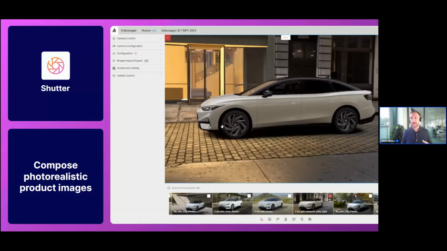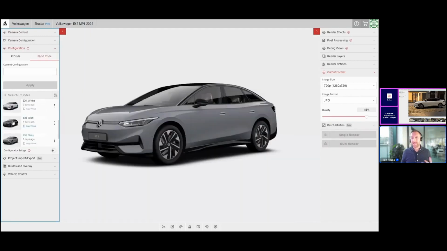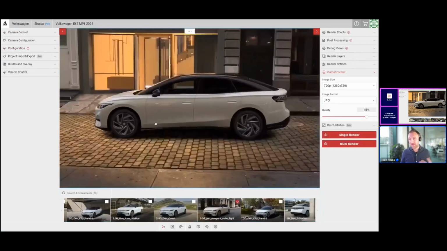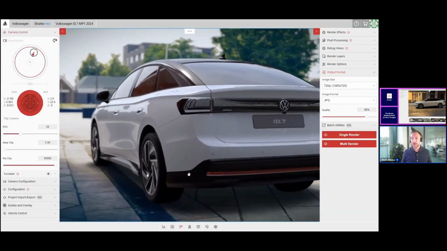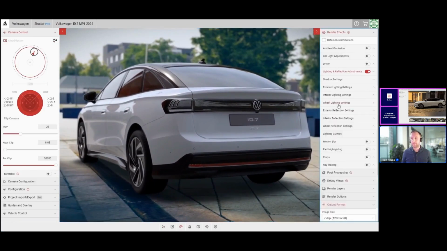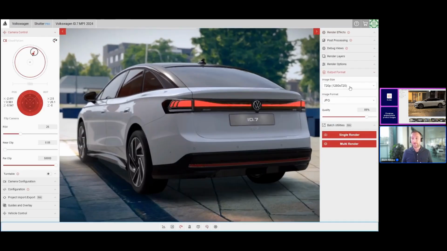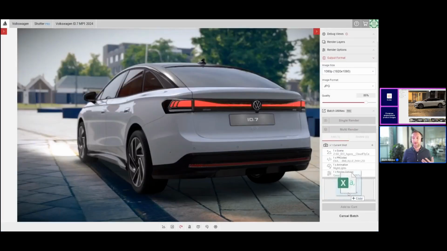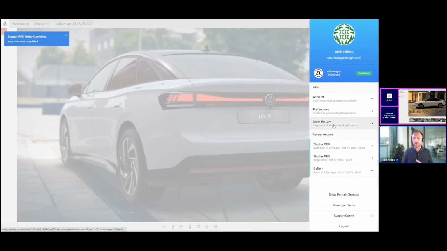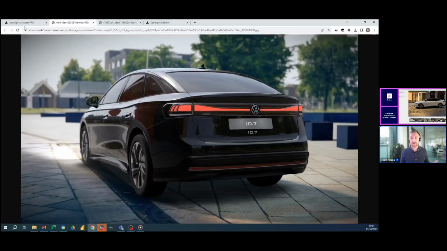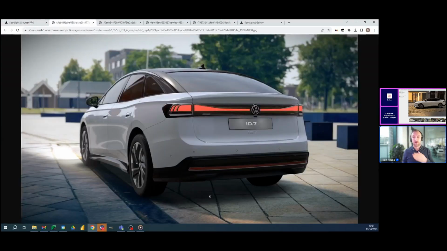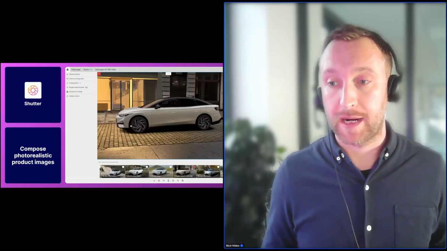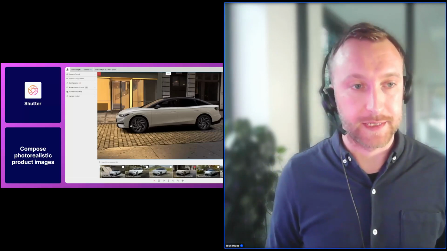So we're just going to have a recap now if we have a look at this. This is exactly the speed that I did it all at. Only joking. This has been sped up, obviously, but hopefully it shows you we select the car, we can put it in different environments. You have full control over the camera. There's multiple camera options. You can zoom in, you can add render effects, you can add ray tracing. And basically what we were doing in this demonstration was creating a look that we were quite happy with to use maybe as a hero shot on a website. We then uploaded multiple configurations, so you could do the same shot for all the configurations available in a model line, essentially. And then if I was happy with that look, I can save it and come back to it in future. I don't have to repeat all of the steps that I did there.